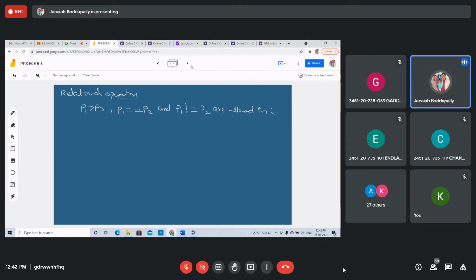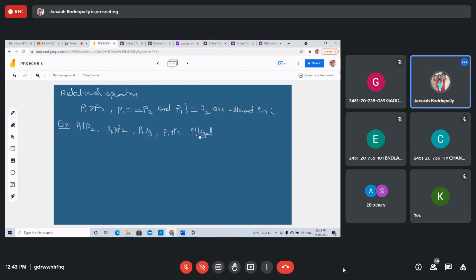Next, addition, multiplication and division of pointers are not allowed, illegal. Pointers cannot be added, nor divided, nor multiplied by some value. Examples: P1 by P2, P1 into P2, P1 by 3, P1 plus P2, all these are illegal uses.